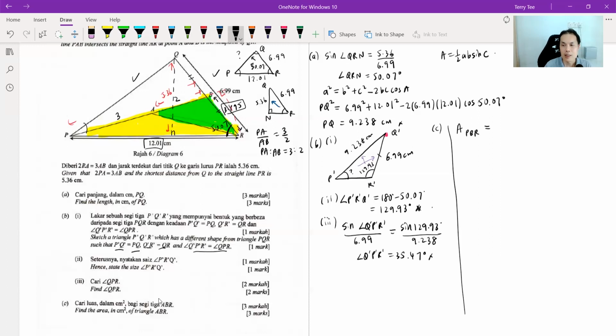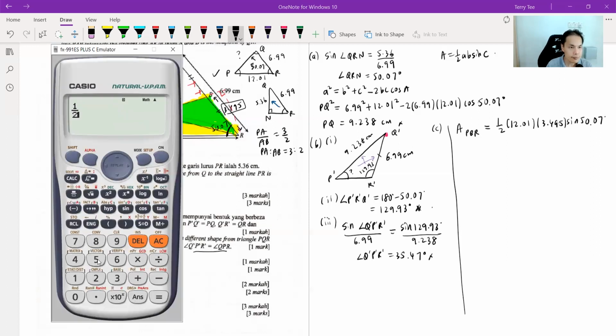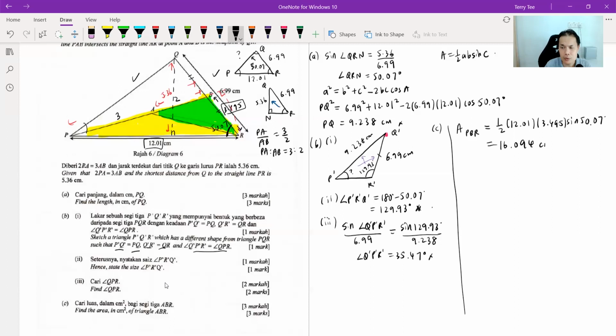PBR. Okay, so I take half your base, your AB sine C will be 12.01, 3.495, sine of your angle 50.07. Okay, so use your calculator. Half times 12.01 times 3.495 times sine 50.07. Okay, guys, my answer is 16.094. Maybe I use one more decimal point, 16.094, because I will need to use this result to find triangle